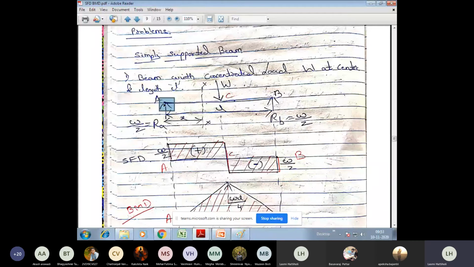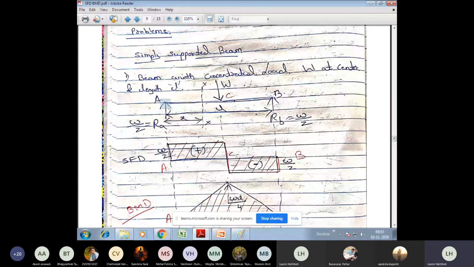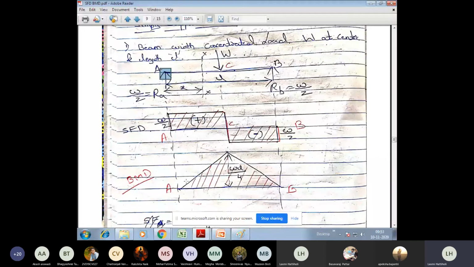You have learnt in first year, whenever the line of action of a force coincides with the moment center, the moment becomes 0. M is equal to F into D. When D is 0, M should be 0. Is it not? This force is acting at the point A, right? So consider the point A, observe the left portion, you don't have any force. You have only one force RA and it is acting at the point A, so the bending moment is 0.